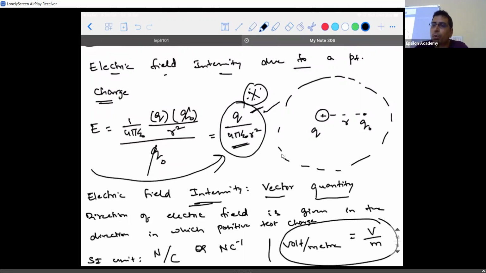So going forward, whenever I ask you what is the electric field due to a point charge, by default it is the magnitude of the point charge divided by 4 pi epsilon naught r square, where r is the distance from the point charge to the point where you are expecting the field. Whenever they frame a question, this is the language they use. They will ask force between the charges. If they say electric field, they will not ask what is the electric field between the charges. The electric field will exist at a point. So the preposition they use is electric field at a point, and for forces they use force between the charges. I hope you guys are able to understand.